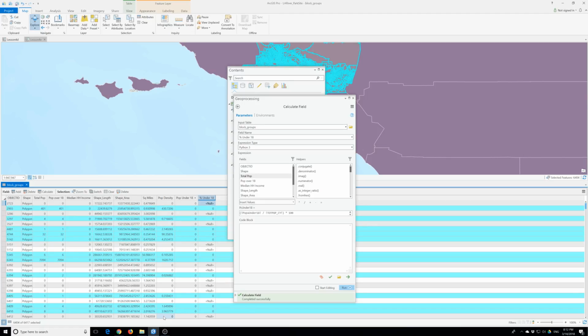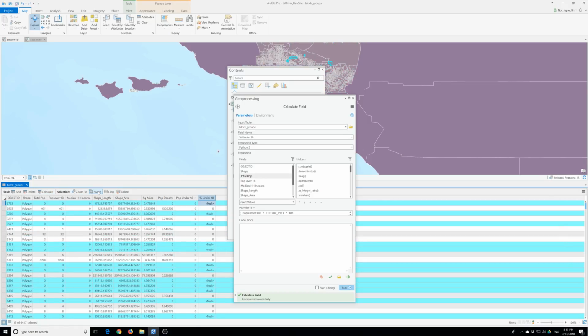The unselected records still have null values. We will calculate these values to 0 because if no one lives in the block groups, there is no reason to say that the percentage of children is 0. So at the top of the attribute table window, we will click the switch selection button. So switch selection, which is right here. All right, so then the null values, we have 13 out of